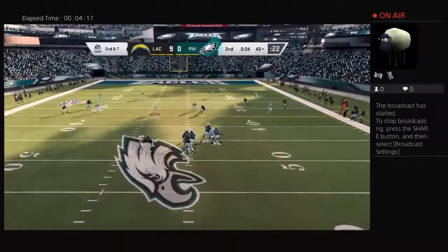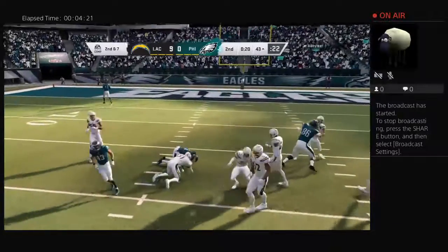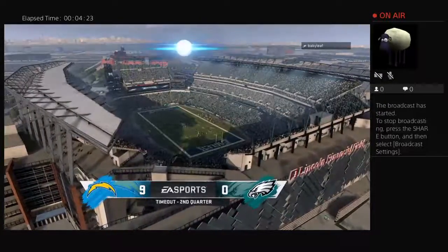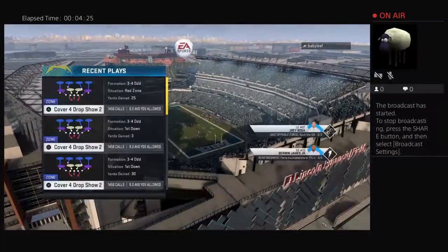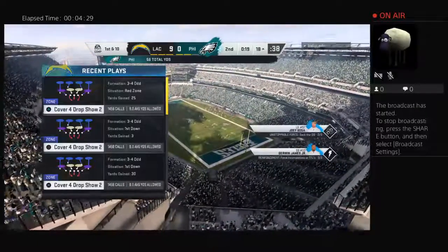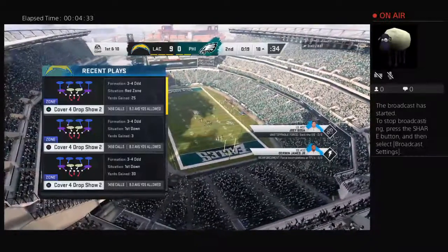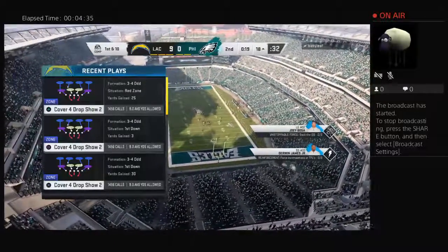On 2nd and 7, Wentz. The connection here with Nelson Aguilar. And they'll wind up getting this one all the way down inside the 20. The Eagles going to take the first of their timeouts as they stop it with 19 seconds to go in half number 1. 1st and 10 at the